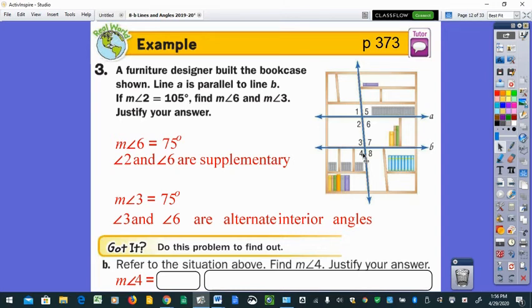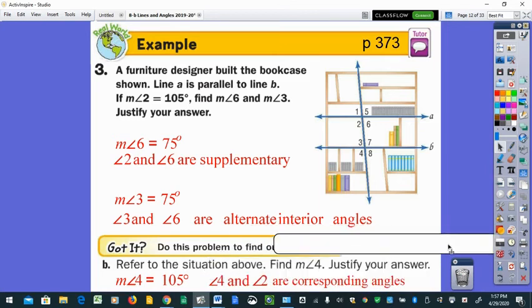Okay, now let's see. You could go right off of angle 2. There's a lot of different ways to look at this, but one example was if angle 2 was 105, which is what they gave me, that angle is corresponding with angle 4. They're both in the bottom left of their group, which means they have to have the same measure. So the measure of angle 4 would also be 105,